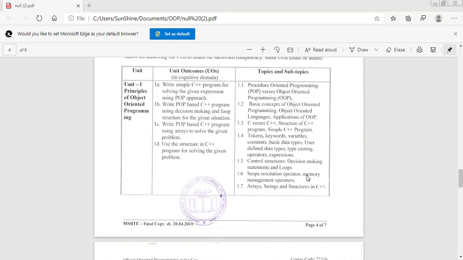Then the scope resolution operator and the memory management operator, which we are going to see in the context of C++ in the upcoming chapters. So far we have covered unit 1, and now today we are going to start with unit 2 of this particular subject. So let's get started.